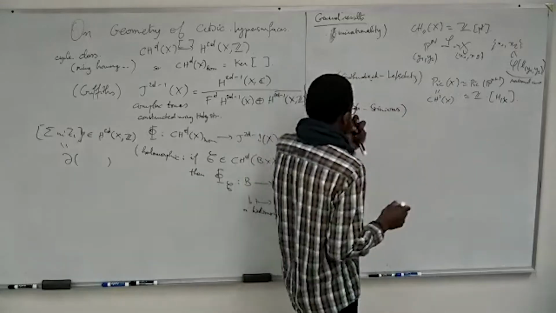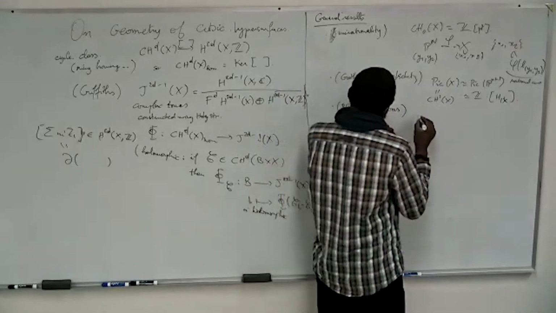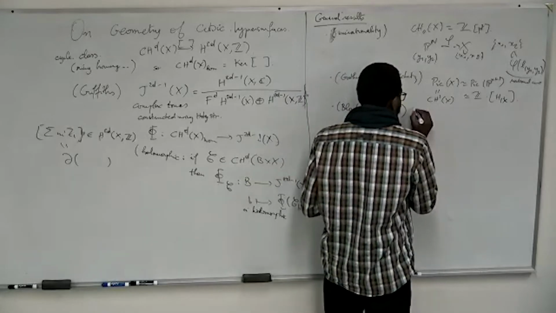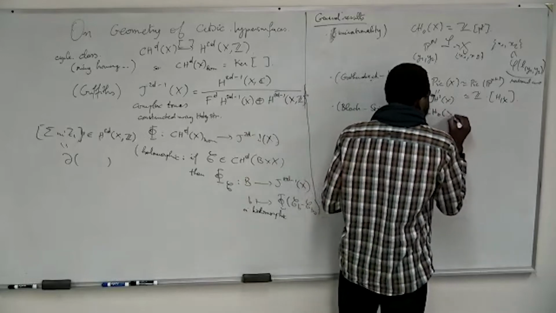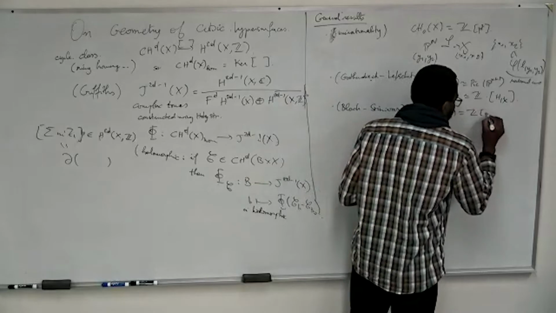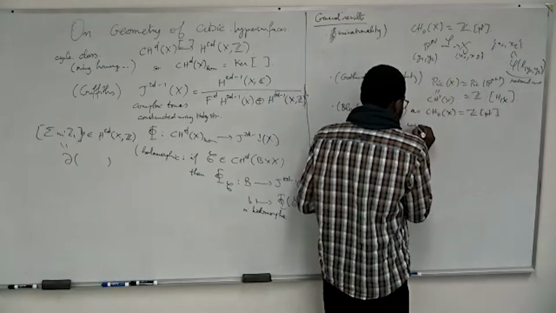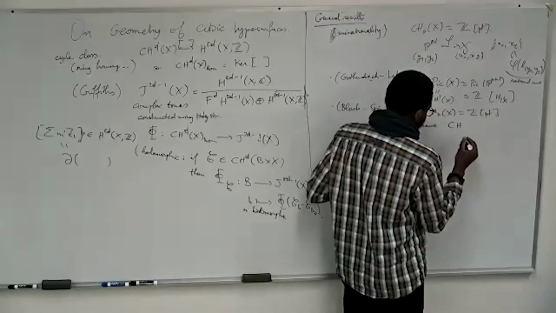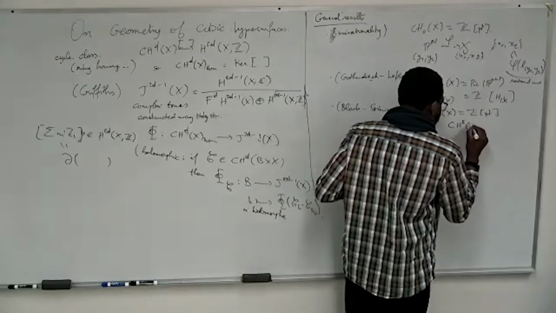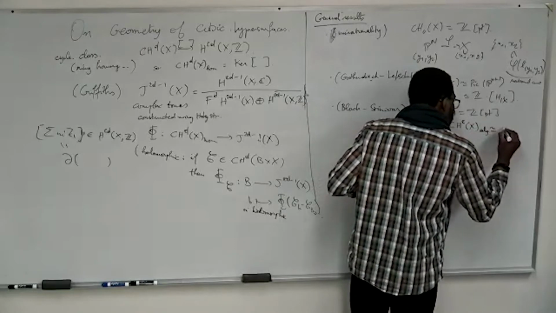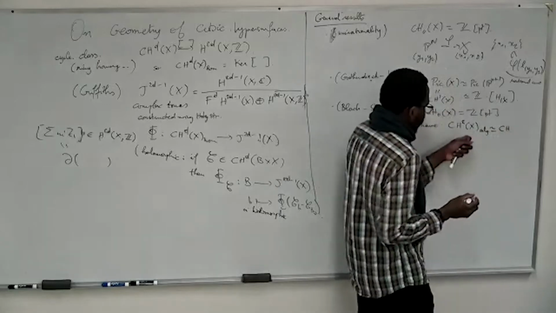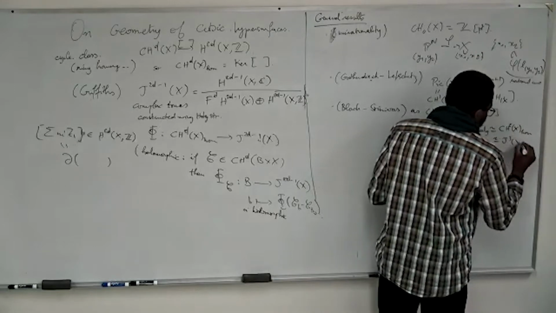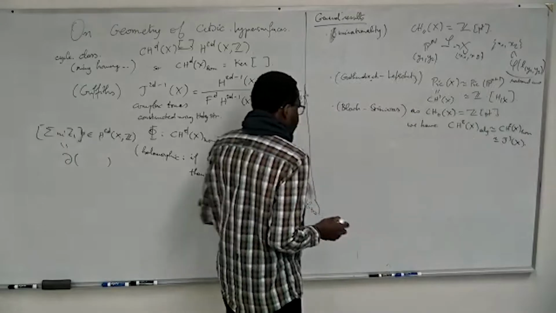which uses K-theory and things like that, and that shows that, as the zero cycles are supported on a point, we have, for cubic hypersurfaces, the algebraically trivial codimension 2 cycles are the same as the homologically trivial ones, and they are the same as the points of the intermediate Jacobian.